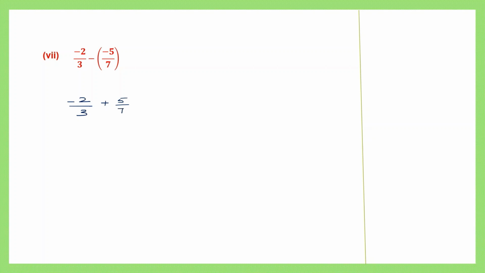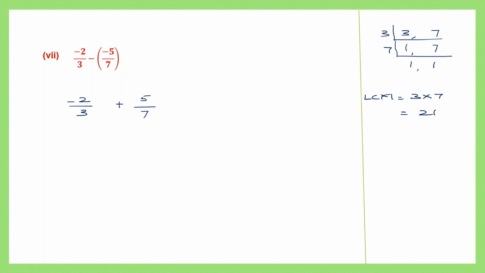Now let's find the LCM of 3 and 7. You can begin with 3. 3 ones are 3 and then we bring down 7. Now we can divide this by 7. 1 and 7 ones are 7. So what is the LCM? The LCM is 3 into 7. 3 sevens are 21. So let's use 21 as a common denominator here and look at the first rational number,